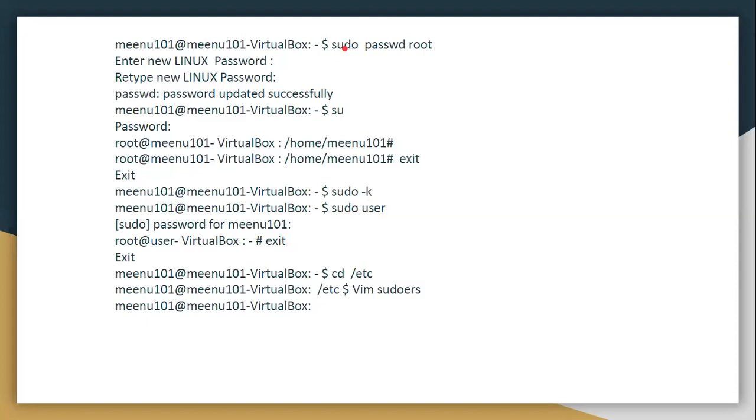Similarly, if you want to change the password, you write the command sudo, super user do, passwd. I am on which terminal right now? Minu. I want to change the password. I can write sudo passwd root. So this is a default command.